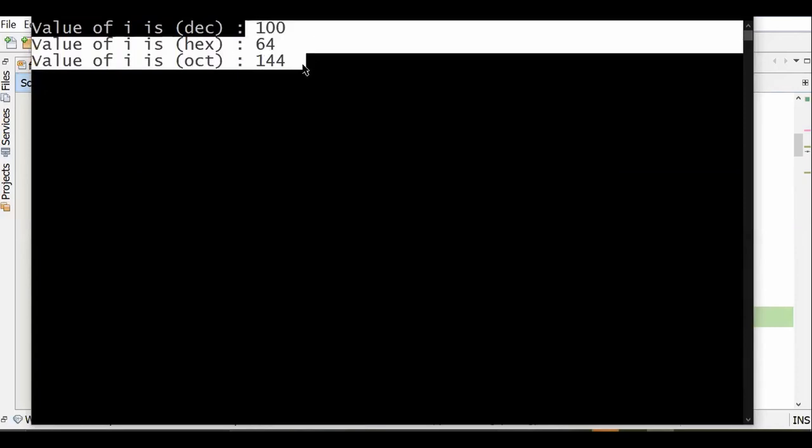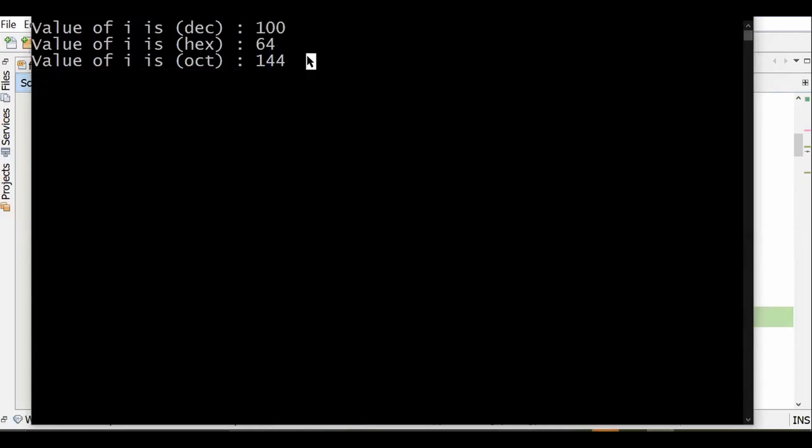But remember, in the series I also said, if you ever plan to display output in a numbering system other than decimal, it is our duty to make sure we always display the base. Somebody looking at this output may feel we have displayed three different integers, 100, 64, and 144. But actually it was the same number 100, displayed in three different numbering systems: hexadecimal, decimal, and octal. So it is our duty to make sure the base is also displayed.